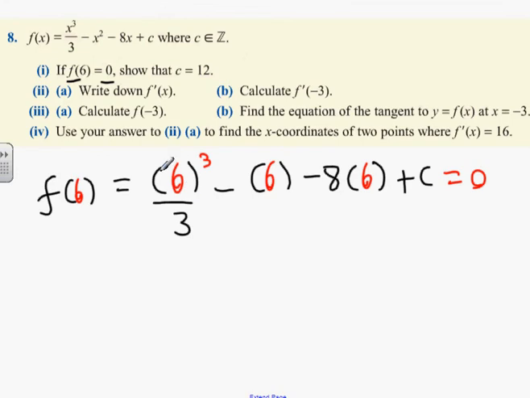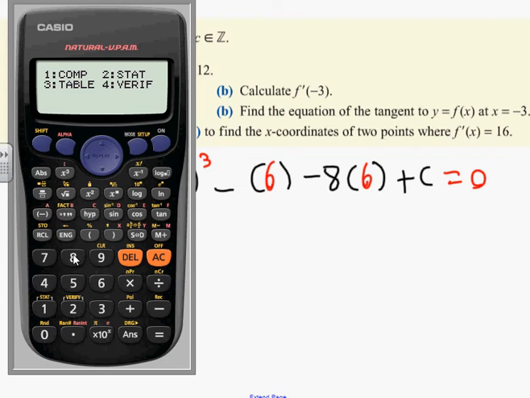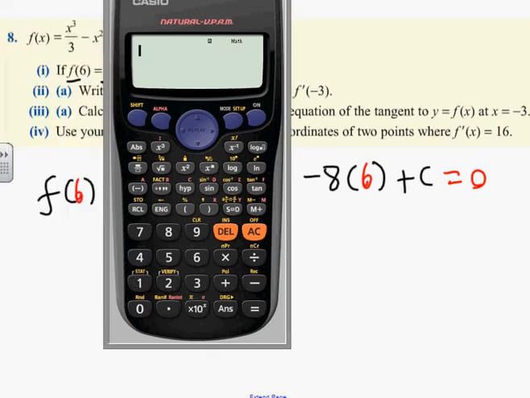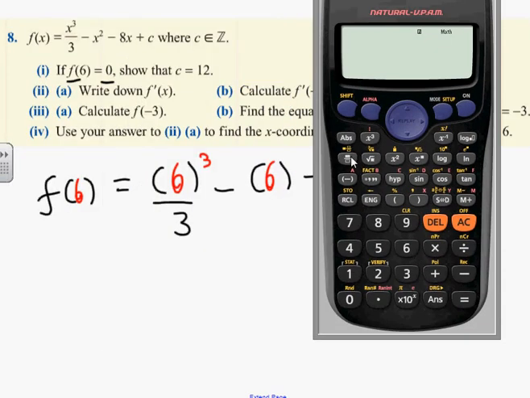You go to your calculator, you put in your 6 cubed over 3. So the first part is 6 cubed over 3. So you're going to press the fraction button. 6 cubed over 3. Then,